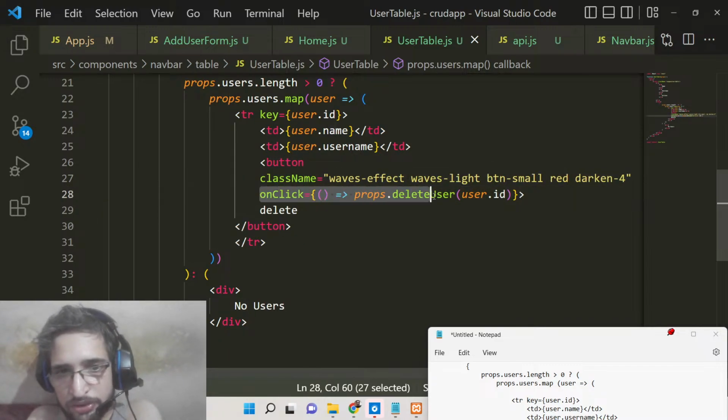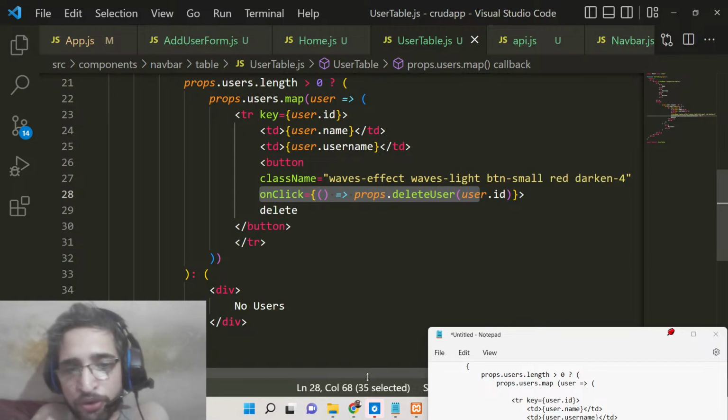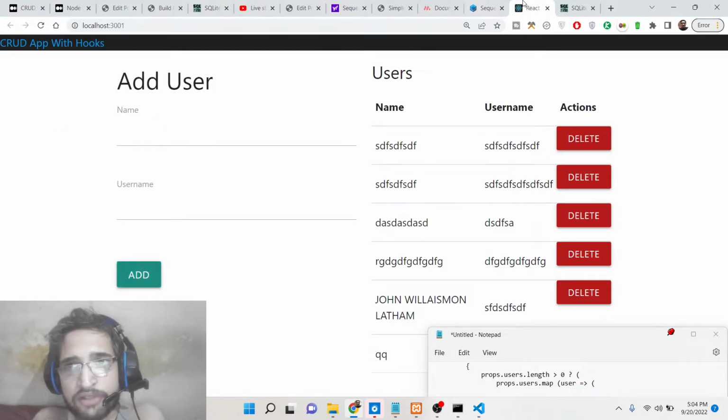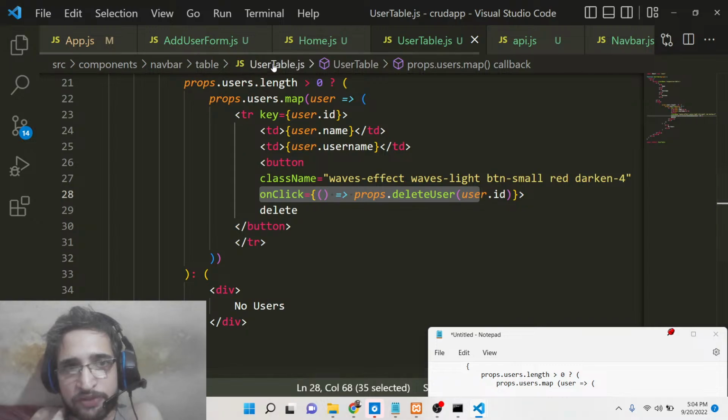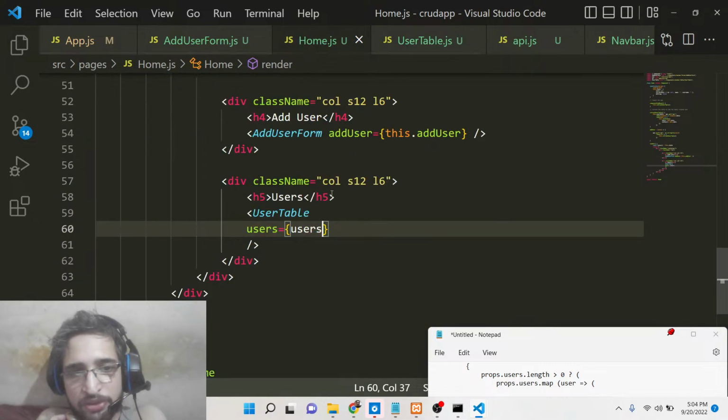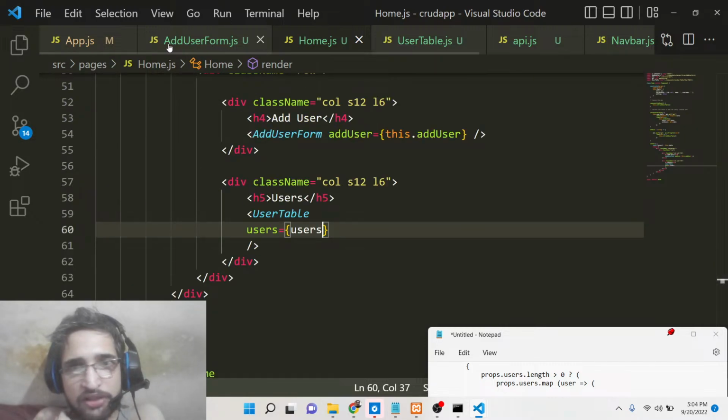So we will invoke this method. If you refresh your application, there will be this red delete button. If you now click this button, it needs to delete this record. So we will go to the home component here. We are calling this method here. Basically, if you see inside add user form,